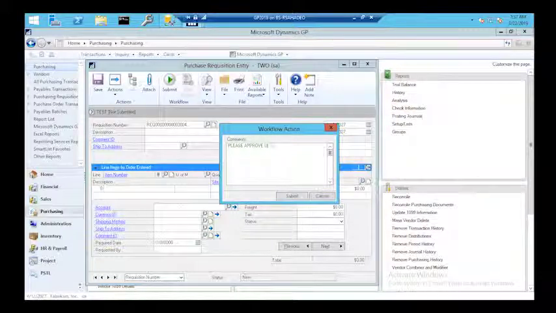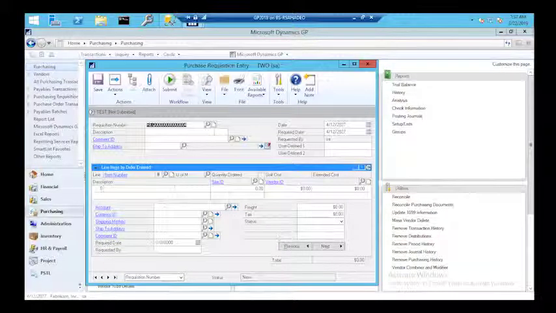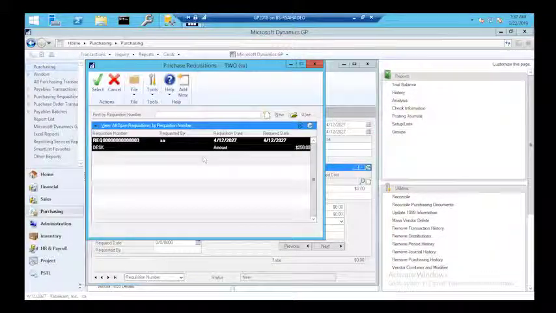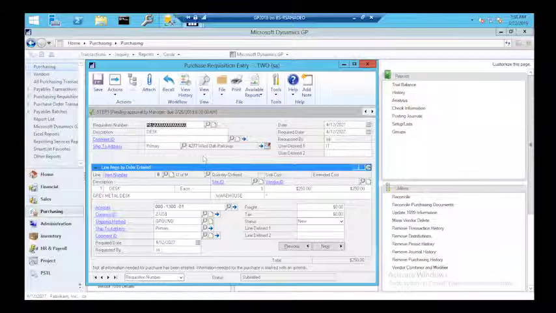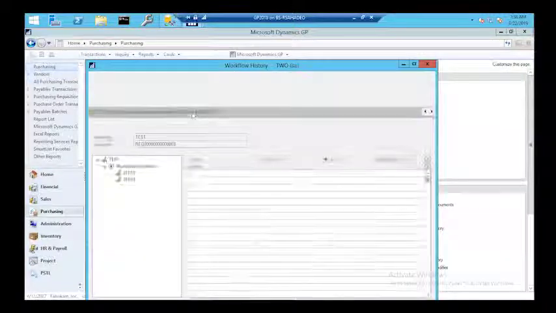And usually we will be prompted to send a note to the approver. And if I were to look up my requisition again, notice step 1 is in train, pending approval by manager, and there's a due date that has been set on the workflow. If I were to go into view history,